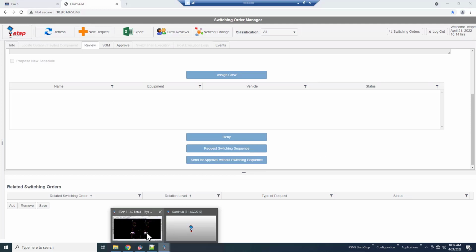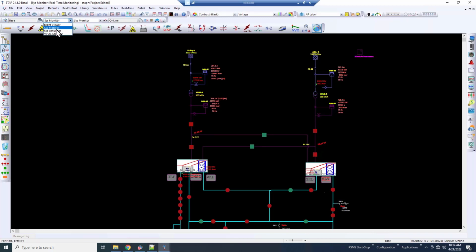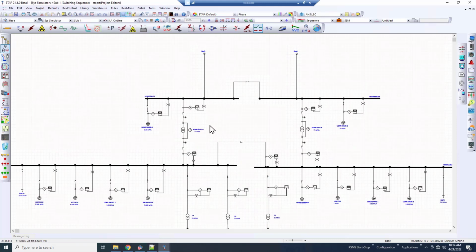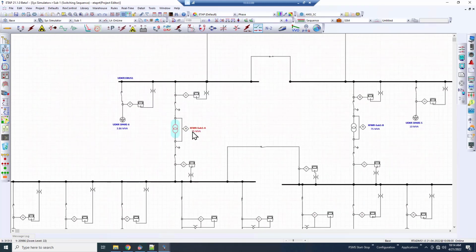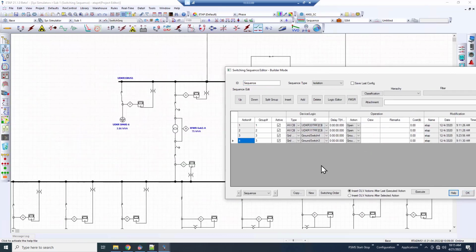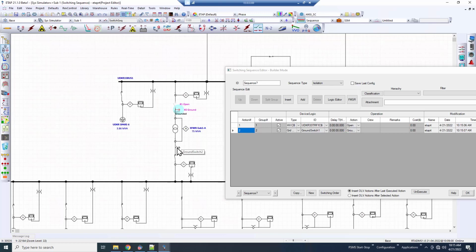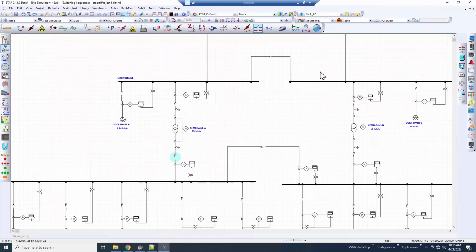And at this point, they will open up ETAP and go to the SysSimulator presentation. So not look at real-time data, but go into a study presentation and use the switching sequence management module. Here I'm going to go to that transformer, so you can see this is the transformer, and we want to de-energize this transformer. So I open up the builder and create a new switching sequence, and I'm going to open or close each of these breakers, and so now it is grounded. When I hit OK, and I go to my run switching sequence page,